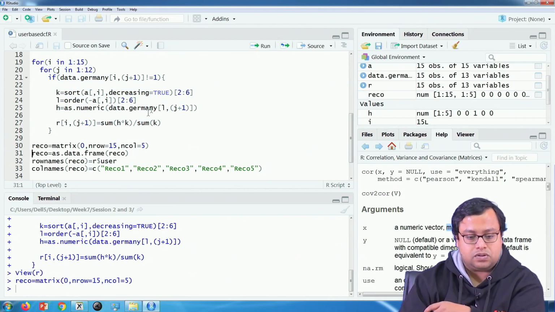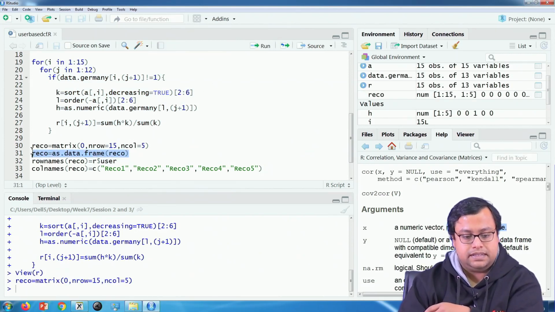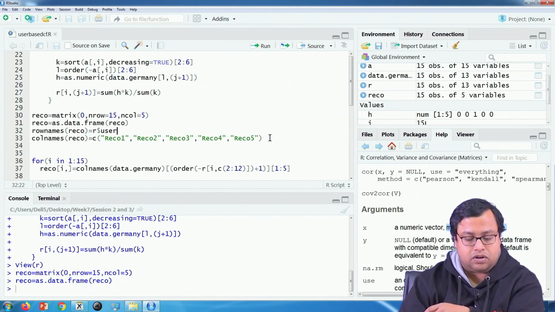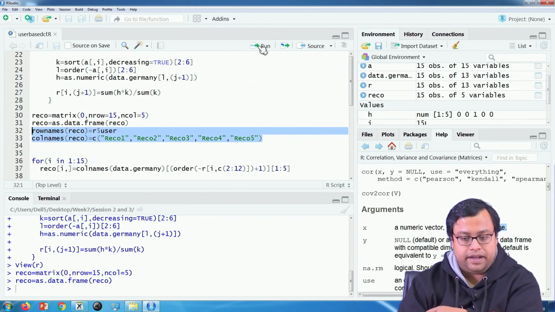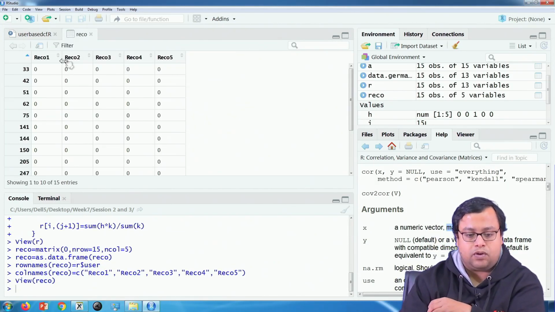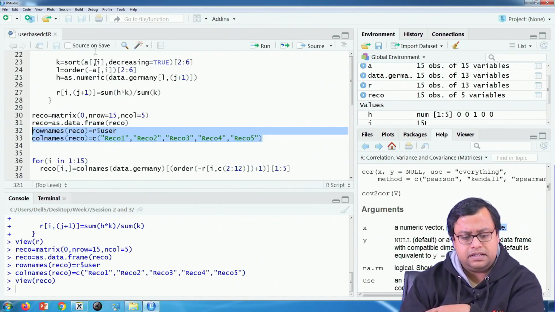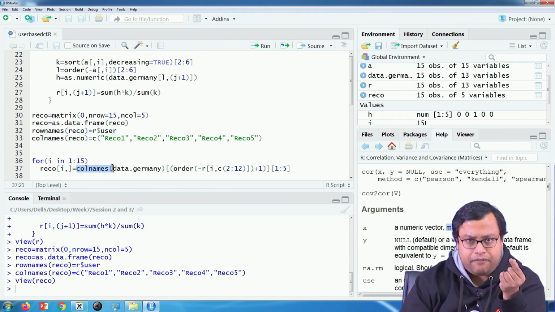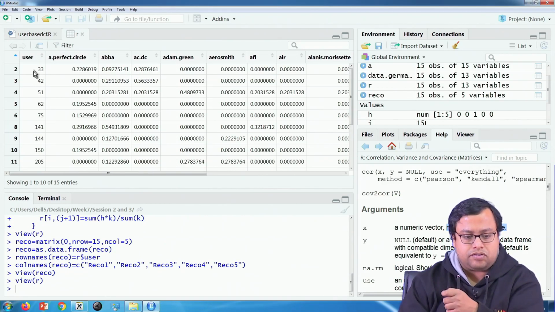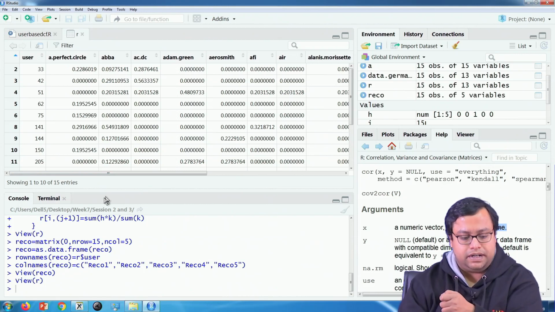Simple. As usual, I will find out the row names and column names, and I am creating a Reco matrix, which has all my usernames, and Reco 1, Reco 2, Reco 3, Reco 4, Reco 5, just 5 column names. And here I will populate. What will I populate? I will populate the column names. I will pick up one particular row from this R matrix, if I am doing it for the first row, let us say. So, R